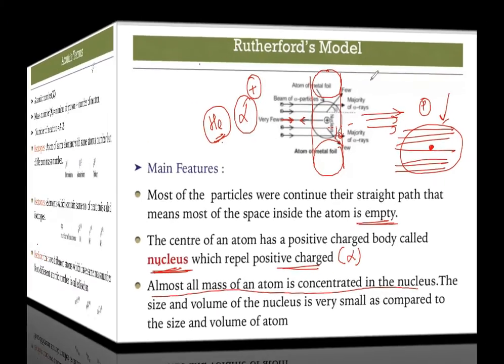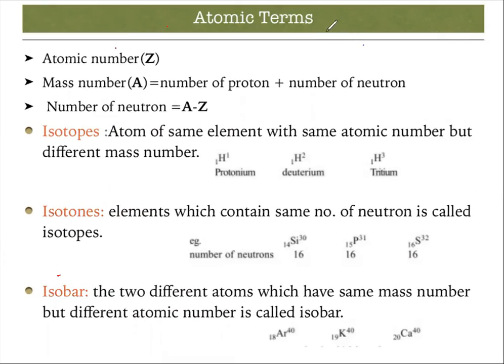I guess these points are clear to you. Now, as we have discussed in the earlier slides, the discovery of electron, the discovery of proton, discovery of neutron, and Rutherford experiment, how those particles are present. So the take home message is, in the atom, a nucleus is present. In the nucleus, protons and neutrons are present, and electrons are present around this nucleus. So this is the negatively charged space, and inside this there is a positively charged nucleus.